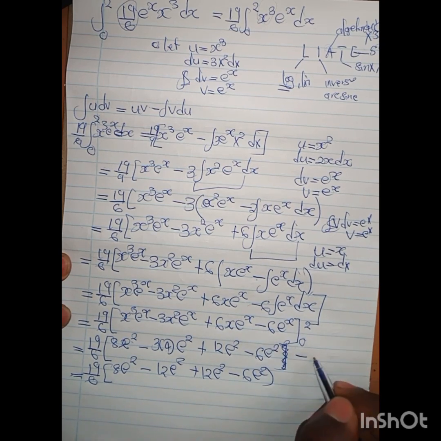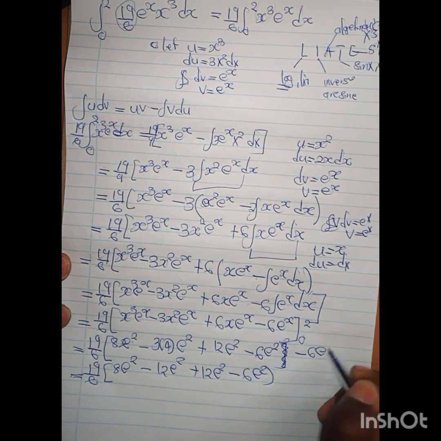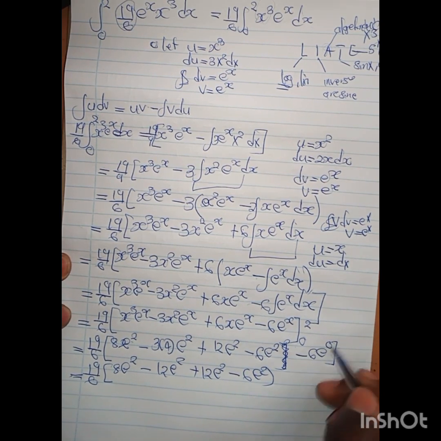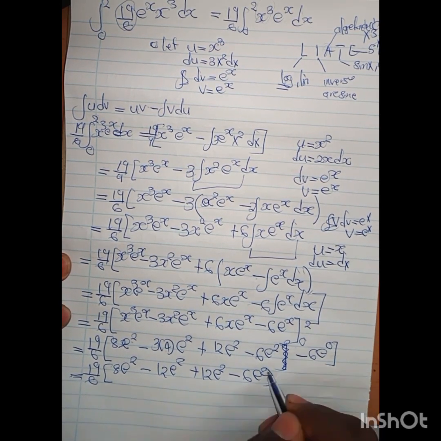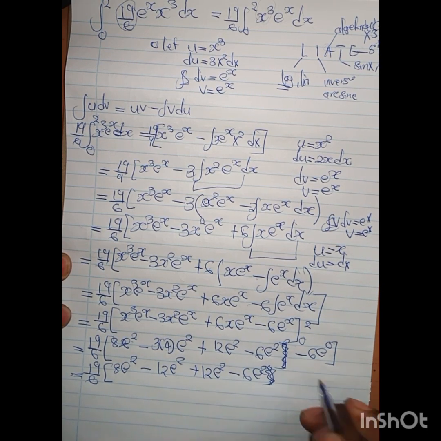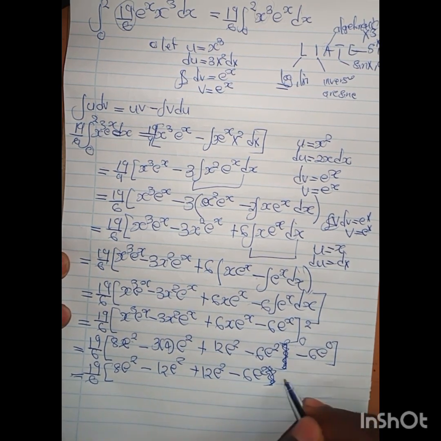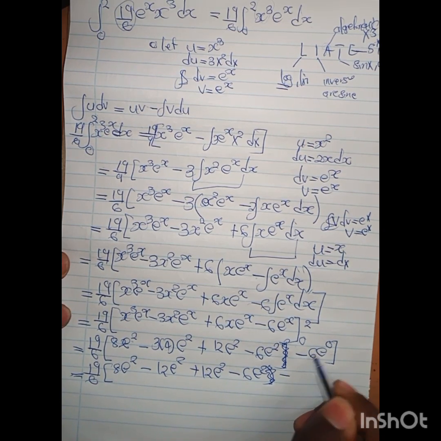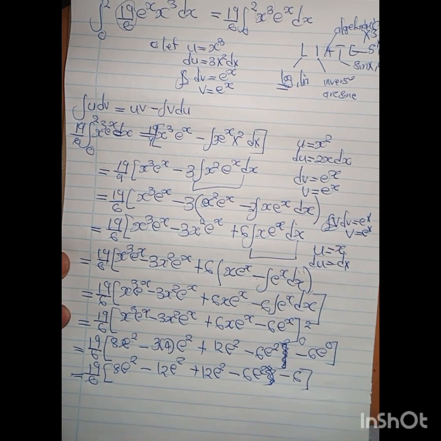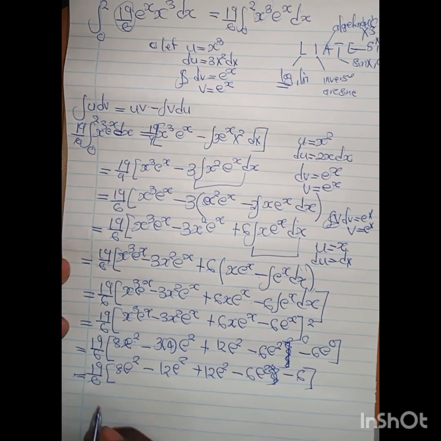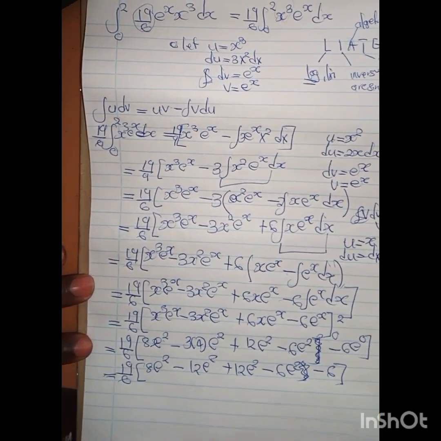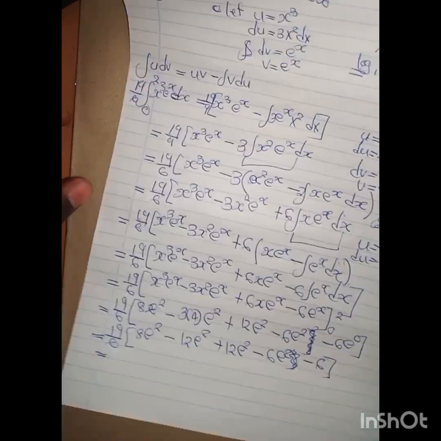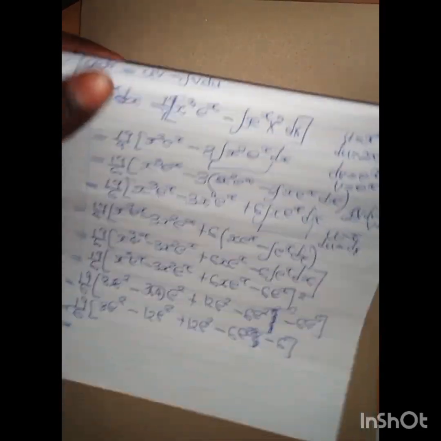We have minus 6, so we have e to the power 0 like this. So e to the power 0 is not a 0, this is a 1. All right, so there was a mistake here. I spotted a mistake. So e to the power 0 is a 1, then 6 multiplied by 1 is a 6. All right, so this is what we have, equal to, because of space, allow me to do this,